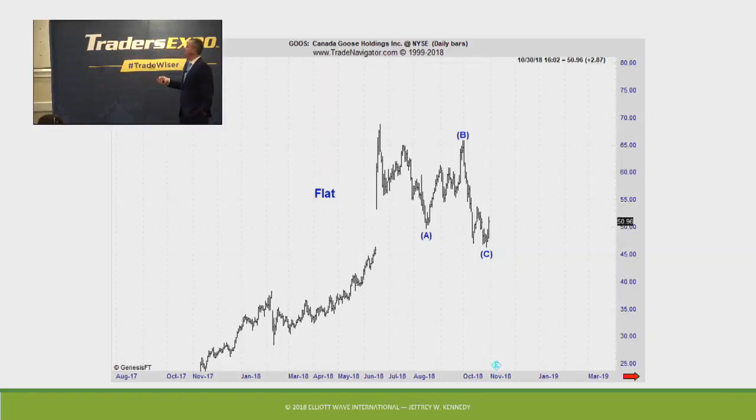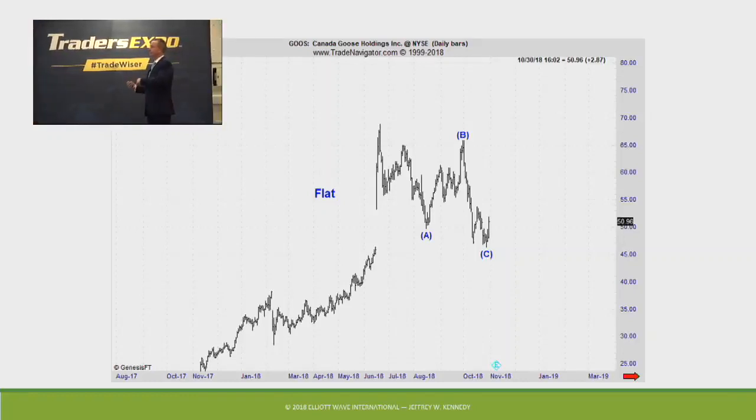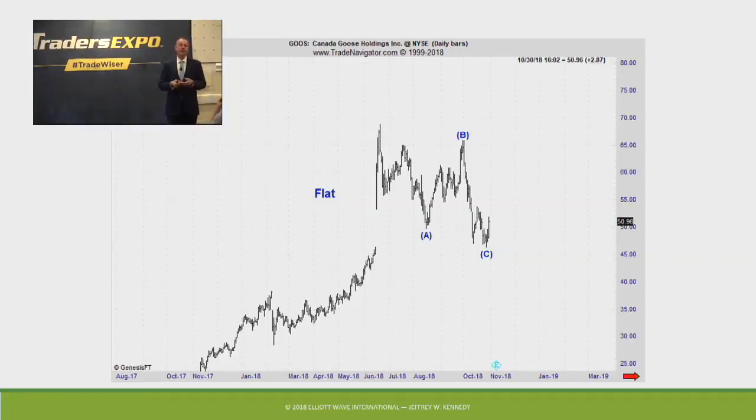Okay. I put together this chart a couple of weeks ago in preparation for this seminar. The reason was I had to go to Vegas and I needed some good examples. What can I find? I do this service called Trader's Classroom. I don't know if I talked about Goose in Trader's Classroom, but it was just, hey, here's a really good example of Goose. Now, who of you are old school technicians? Edwards, Magee, and Bassetti.